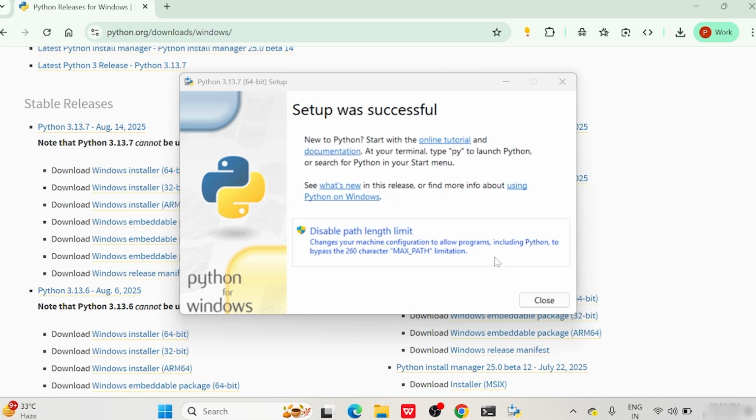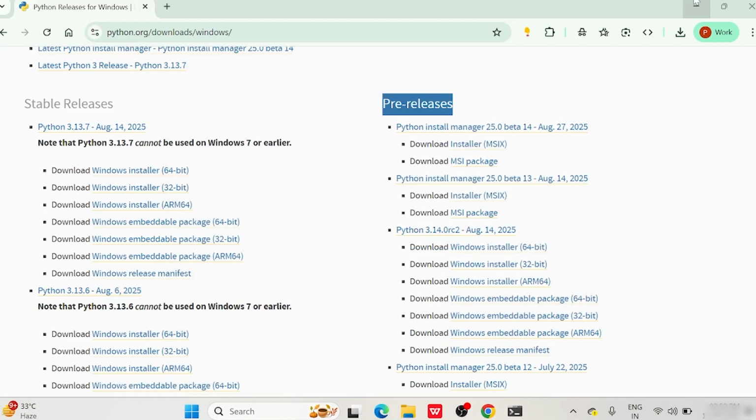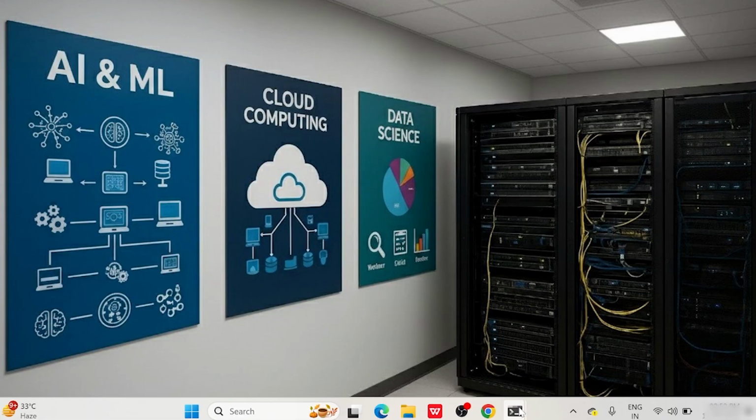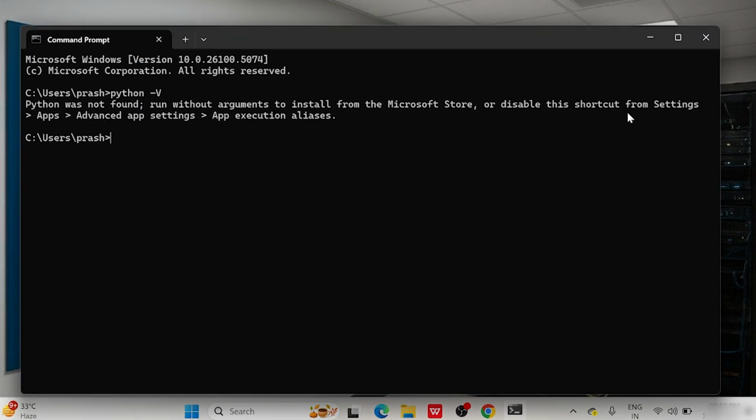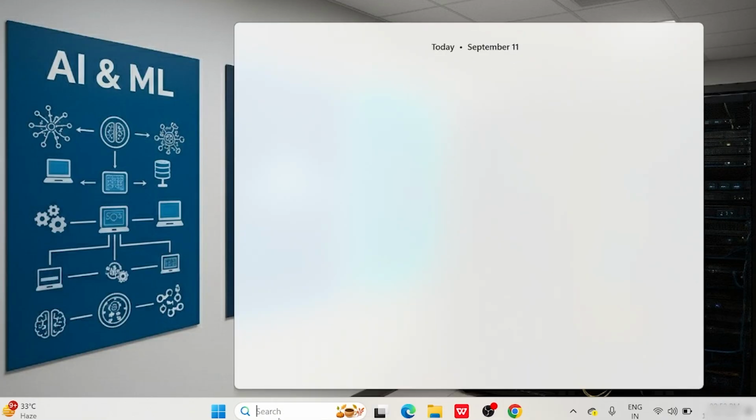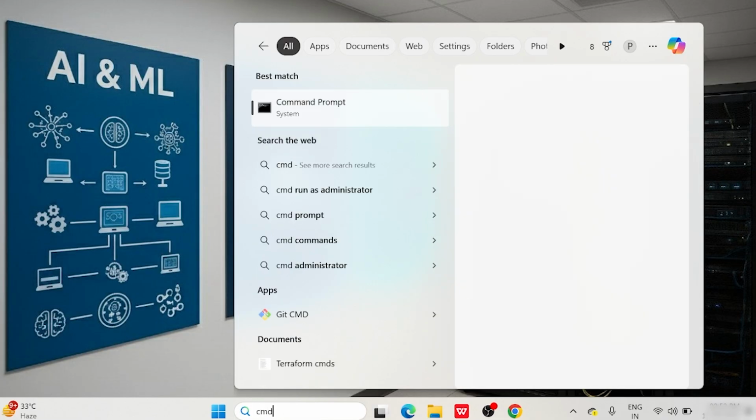Okay, now the setup was successful. We are done with that. Just close your window and let me check again with command prompt, right? Firstly, open your command prompt, just cross, and I'll just open it again. Press cmd again